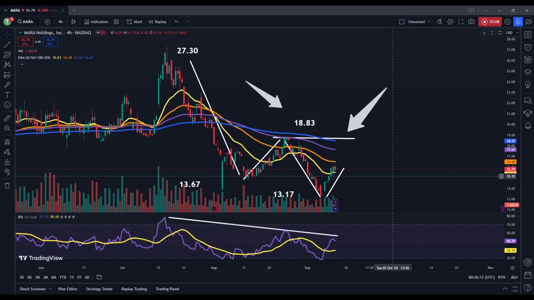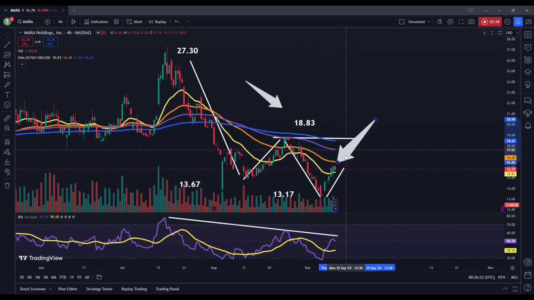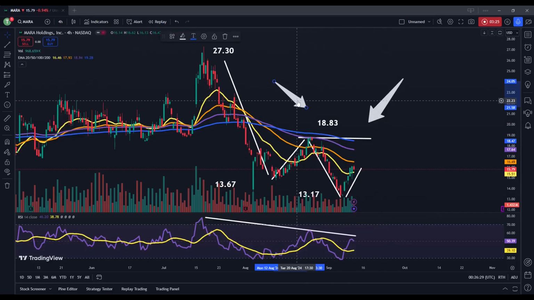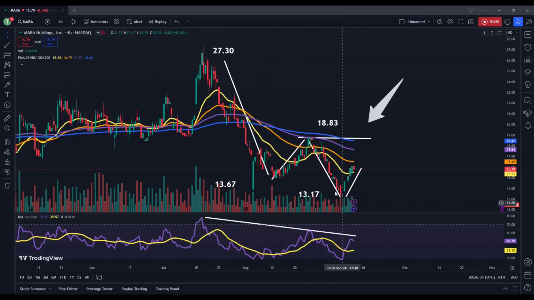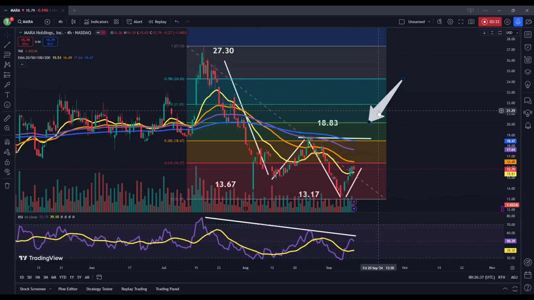So if we were able to see share prices break above this level, it would be a fairly significant price movement because not only would we then be above these historical resistance levels, but we would also be above these moving average resistance levels as well. If this price movement were to occur, then we could start to look at this most recent trend wave as being the dominant price movement, and then we could start to use Fibonacci analysis as the basis for the expectations